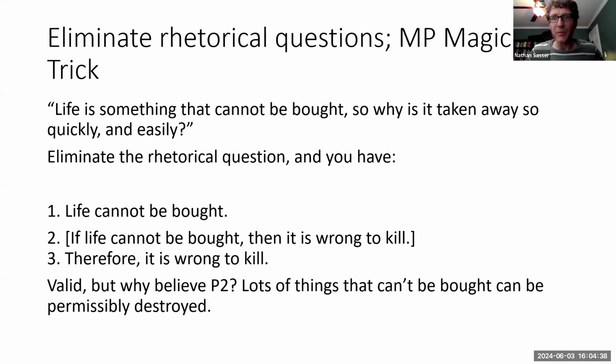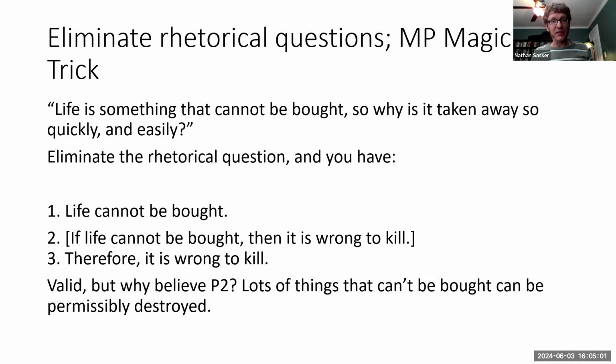All right, here's another sentence from this paragraph. Life is something that cannot be bought. So why is it taken away so quickly and easily? Again, let's eliminate the rhetorical questions. If we do that and we formalize it, we've got this. Life cannot be bought. Therefore, it's wrong to kill. That's the general idea. And then let's make it valid by using the modus ponens magic trick and adding that